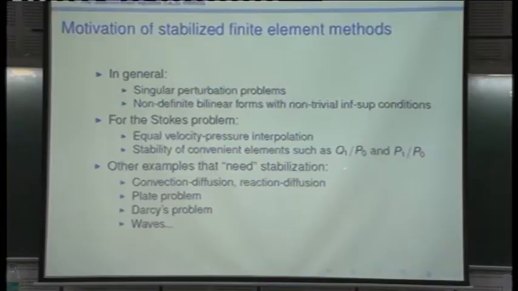Okay. So there are these two reasons. You don't want to satisfy the IMSUP condition either because you want to use, for example, equal velocity pressure interpolation, or you want to use convenient elements such as Q1 P0 or P1 P0. Other examples that need stabilization: well, convection diffusion, we have seen that. Reaction diffusion, that's what we have seen. Plate problems, Darcy's problems, waves,